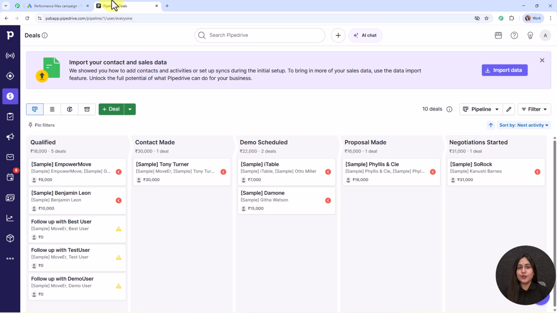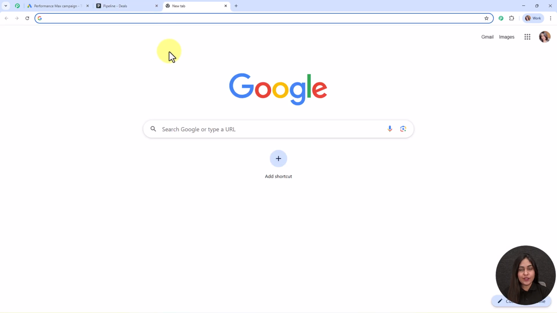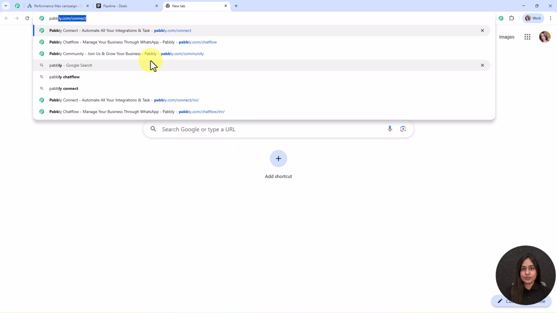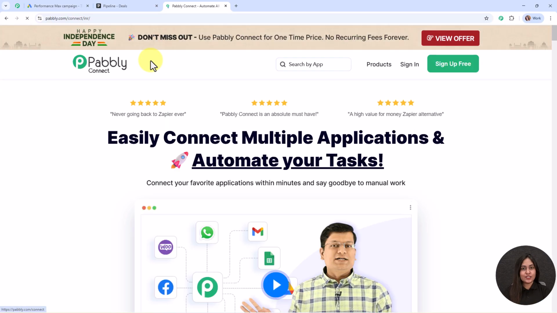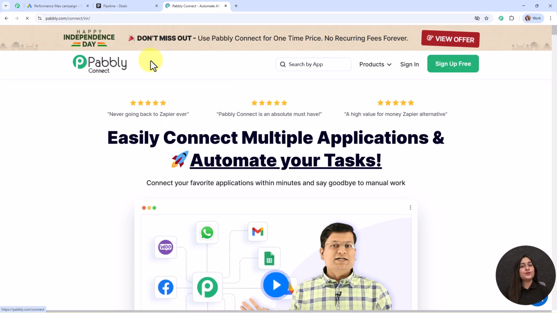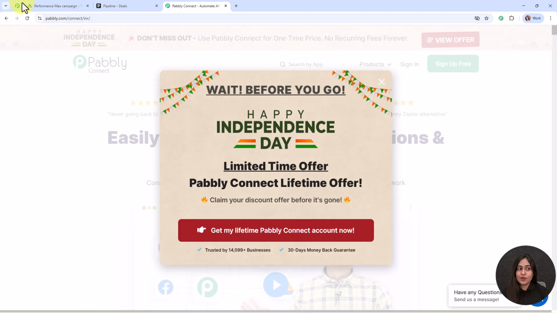So now here to automate the entire process, I need to connect my Google Ads with my Pipedrive account using an automation software named Pabbly Connect. So to access Pabbly Connect, you need to search for pabbly.com/connect in your browser and it will take you to the homepage of Pabbly Connect. So this is the homepage of Pabbly Connect, but here before moving forward, let me tell you all about the